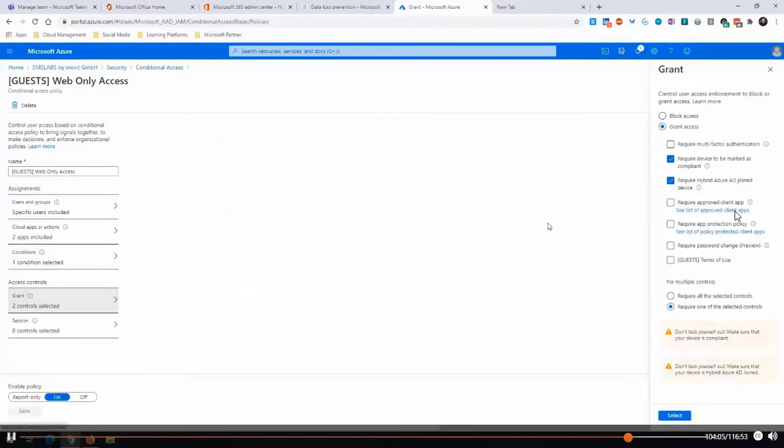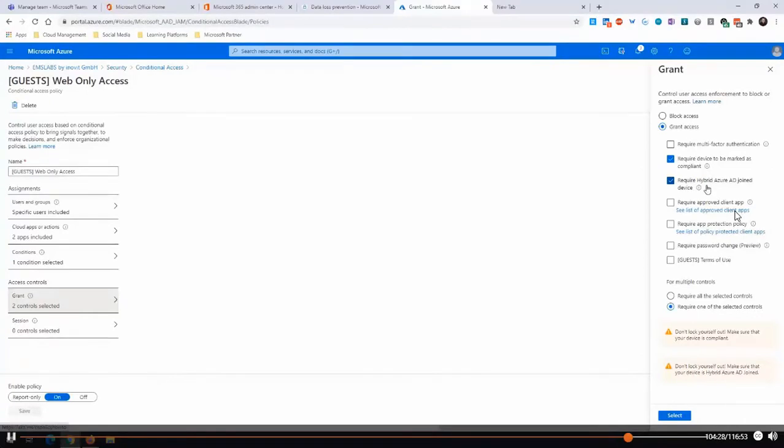And what we're going to do here is we require a device to be marked as compliant, or a requirement that a hybrid Azure AD joined device is there. So basically we have web-only access for a specific guest user, and we can limit all that in this place.